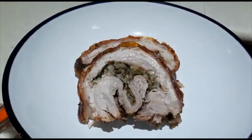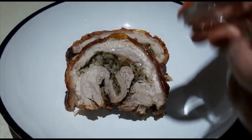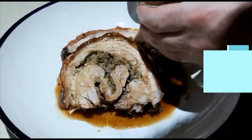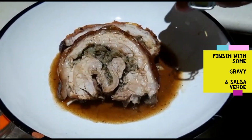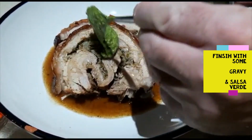Your choice of veggies, and you are absolutely laughing. Okay, I'm going to put a little drizzle of this little sauce over it, moisture. And if you've been following, then you would know about my little salsa verde. Really simple salsa verde recipe. Just get a little